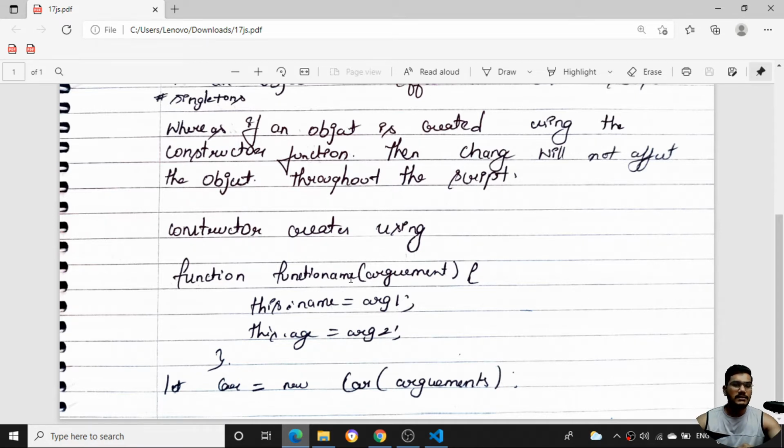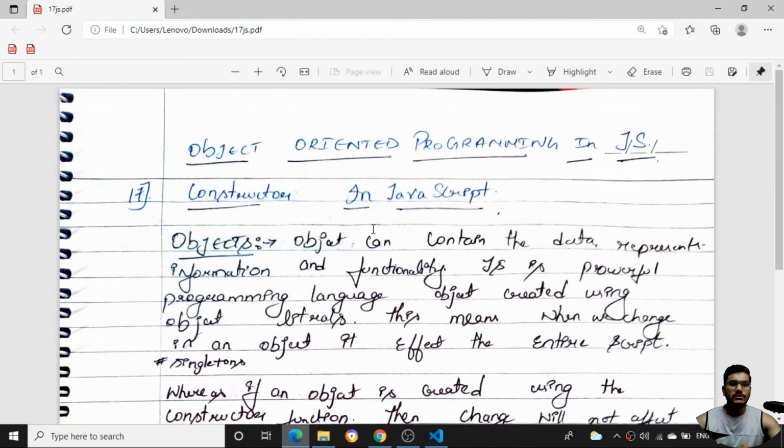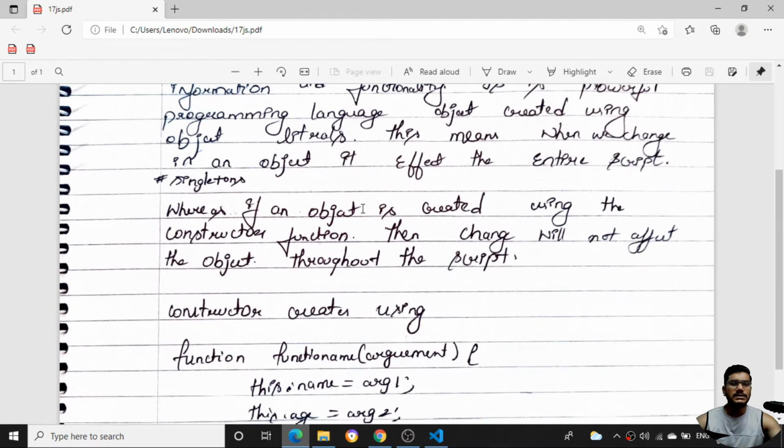And here you can see this is just a normal function name and we can pass the argument, and we can just pass these types of things. I can just pass that this.name is equal to the argument I pass, and I can create one object over here. So here the car is an object. So for the constructor, it is a car. The car is nothing but the function name over here, which you have been given here. So basically the object is something like that.